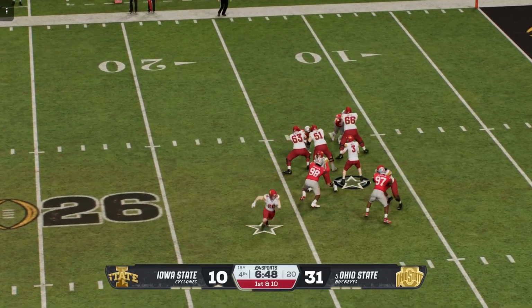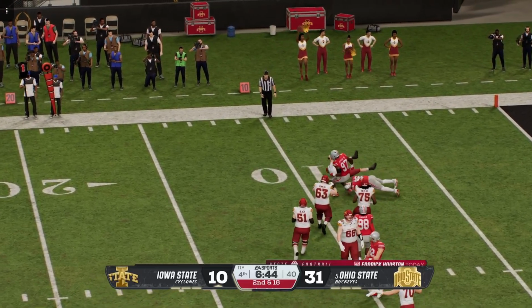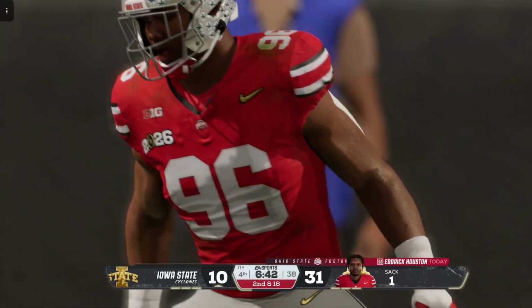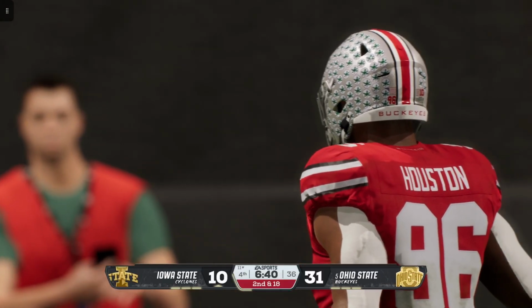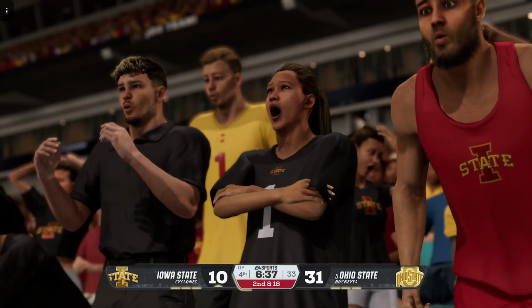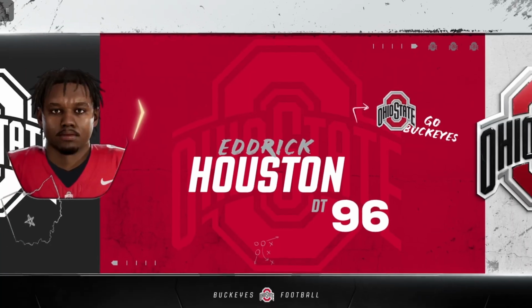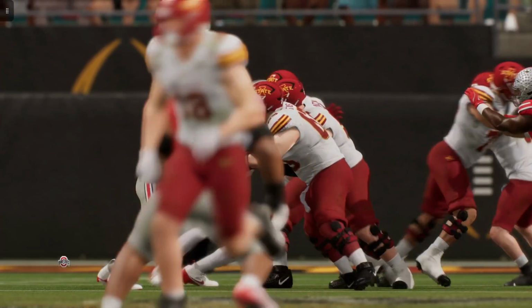Off the play fake on 1st down. The pass rush closing in. Oh, down he goes. It's a sack. Between the defensive scheme and the athletic ability of this front and the linebackers getting pressure as well, the way they've been able to harass this quarterback has a lot to do with why they're enjoying such a big lead in the national title.